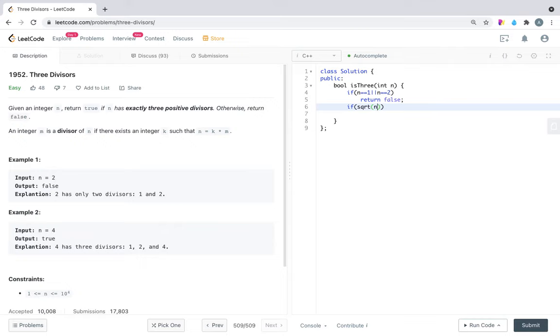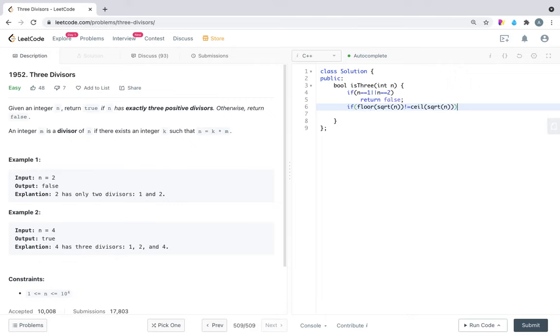If floor of square root of n is equal to ceil of square root of n, then it is a perfect square.